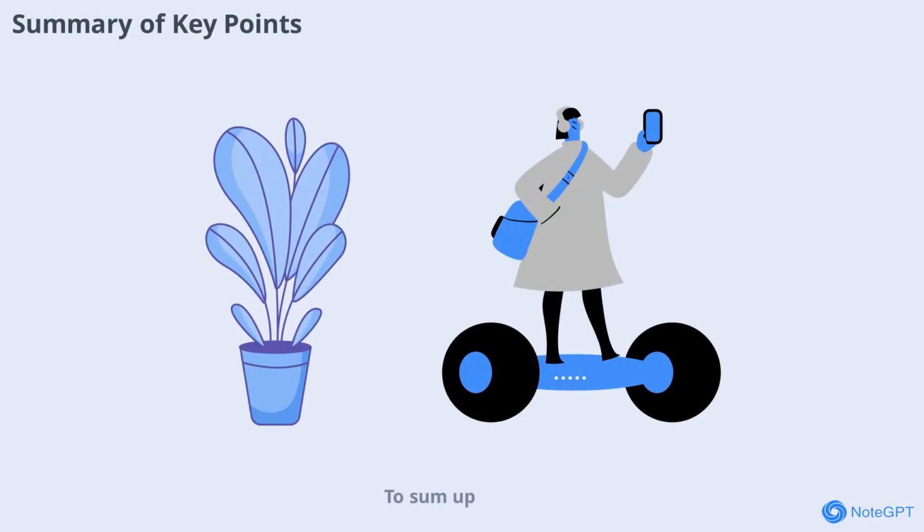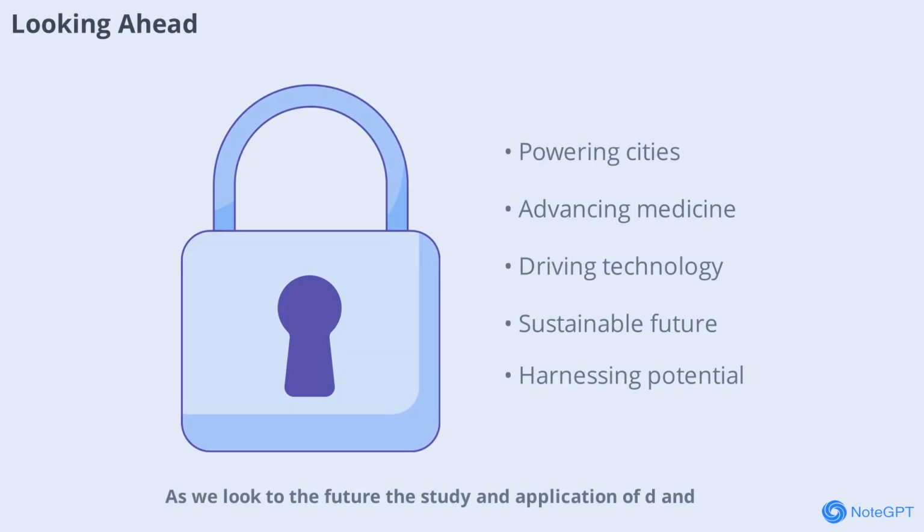To sum up: D and F block elements are at the core of modern science and technology. Their unique properties, from variable oxidation states to magnetism and luminescence, make them essential in countless applications. Understanding these elements helps us appreciate the complexity and beauty of the periodic table, and their continued study promises exciting discoveries ahead. As we look to the future, the study and application of D and F block elements will only